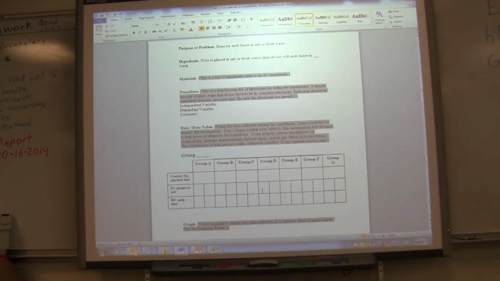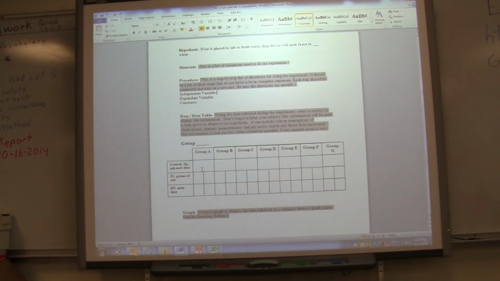Now your data table. You're going to fill in the information for the whole class. Everything that the whole class did. So you would put in your group. Say you were group A, you would put group A in there, okay? And then you would just put in the data for the whole class. So you would just put the times in there. The amounts of salt,